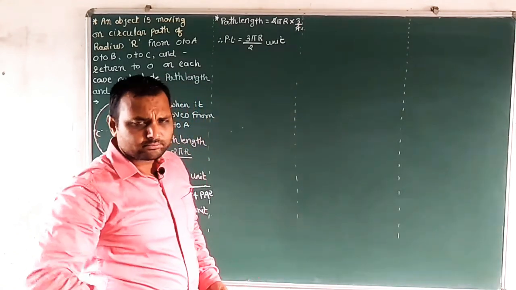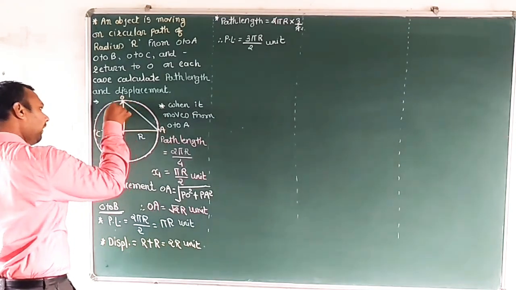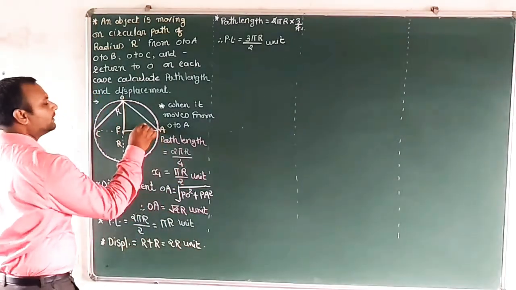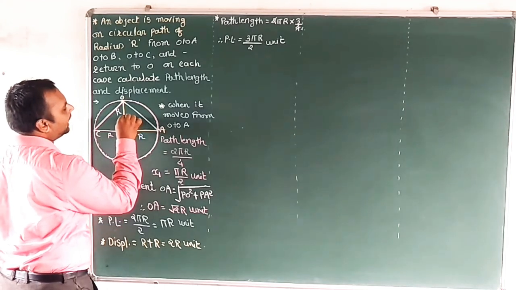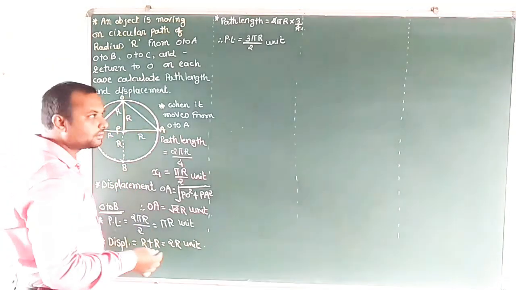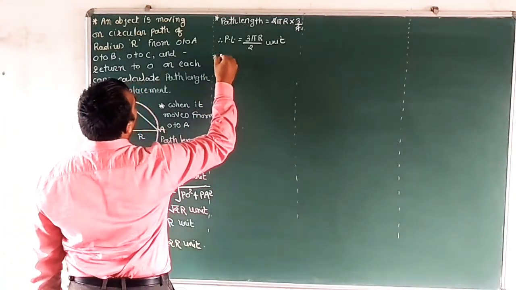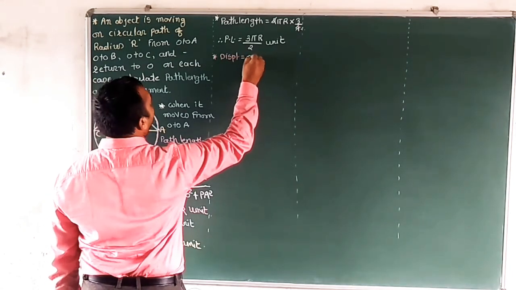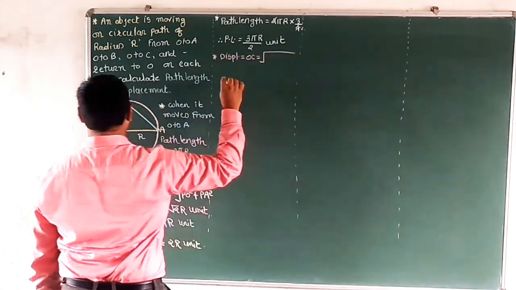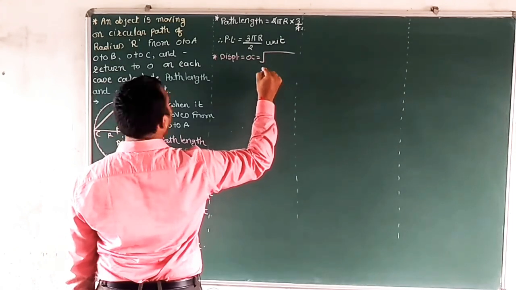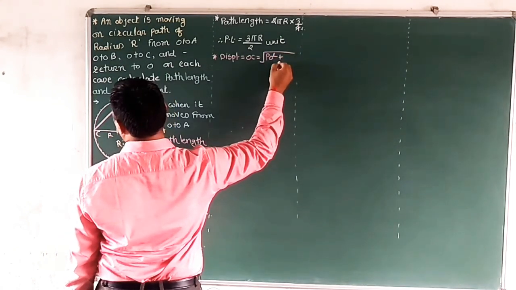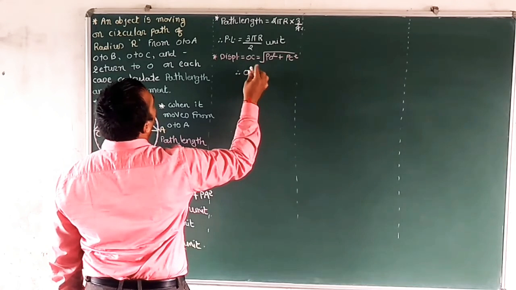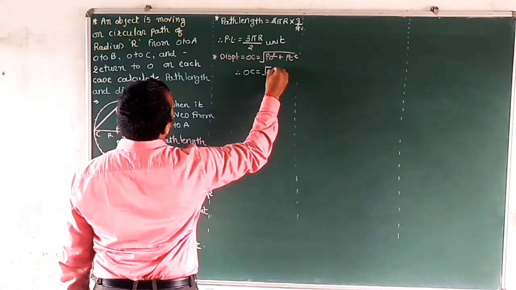Okay, when it reaches to the C, what is the displacement, again final position and initial position, आगे आप कर ही चुके हो। This is also r, this is also r, so this diagonal would be root 2r. Okay, so from Pythagoras, displacement is equals to, आपके पास है OC, and OC is equals to under root of PO square plus PC square। Okay, and therefore OC is equals to root 2r unit।